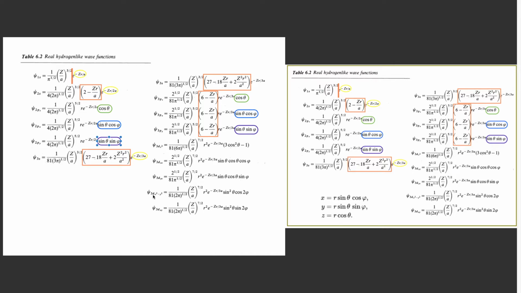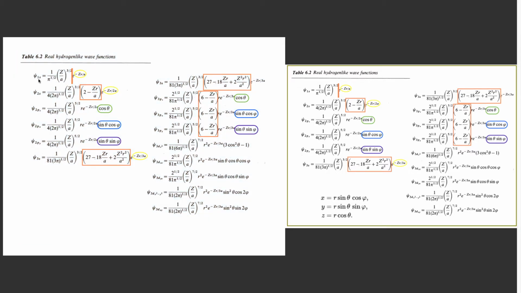3d x squared minus y squared will have 2 nodes, x equals y and x equals minus y. So the lobes of this orbital actually lie on the x-axis and the y-axis. And then the 3d z squared is the weird one. It's got the cosine squared theta minus 1 in there. That's the one that has the torus, and we'll see that shortly. Right? So you don't need to memorize these equations, of course, but you need to understand that the